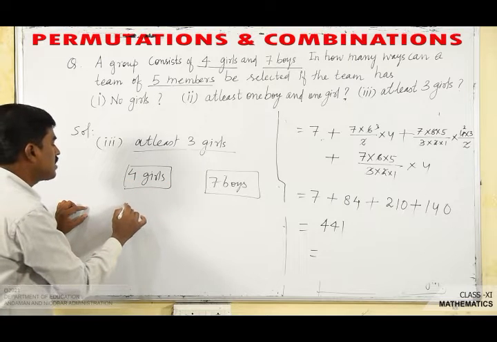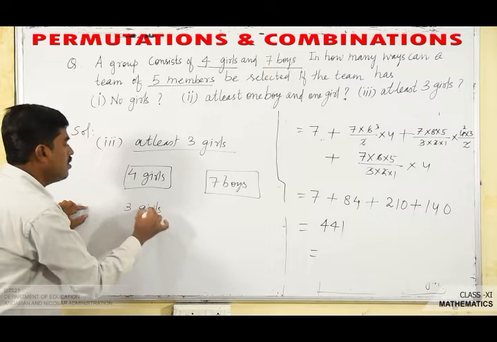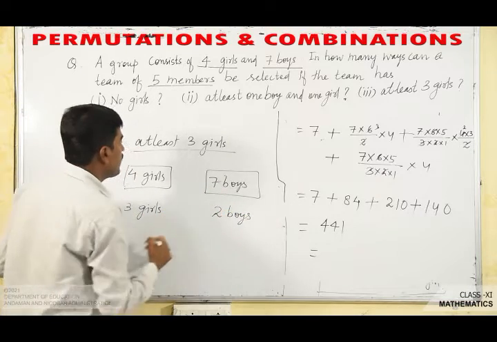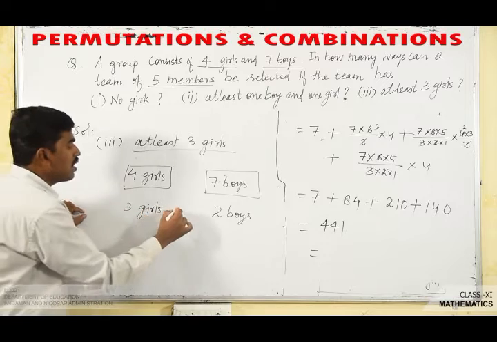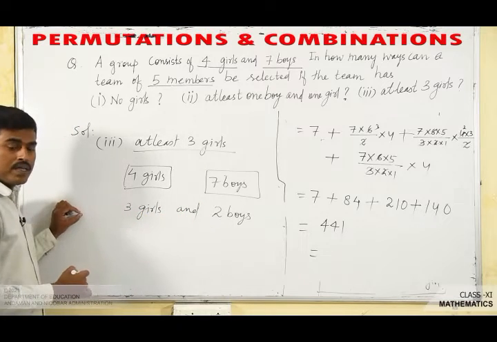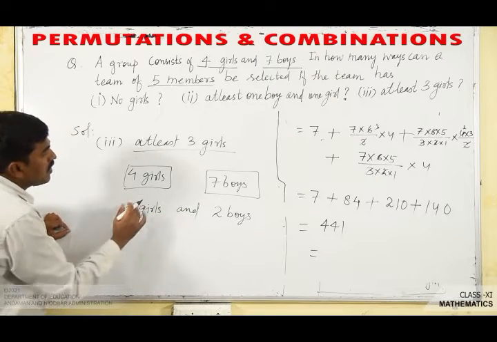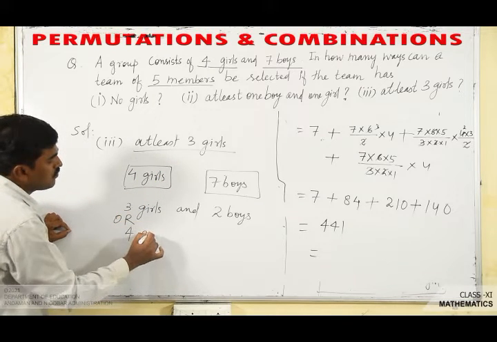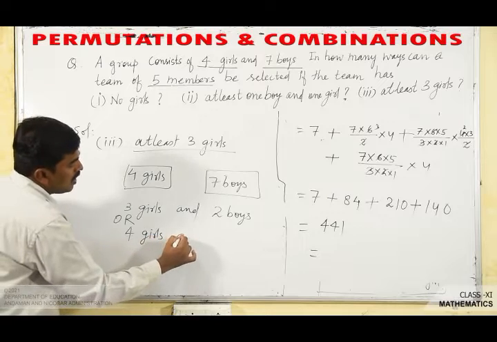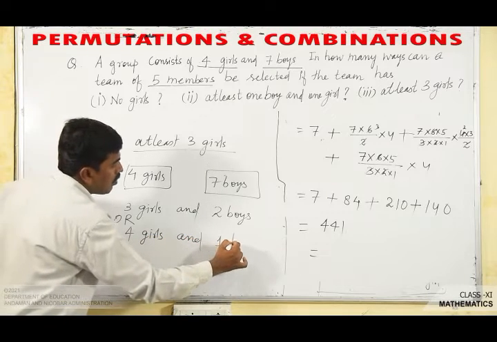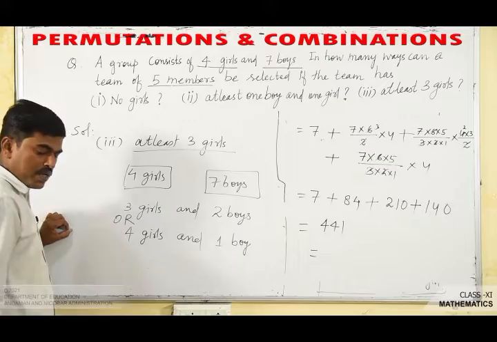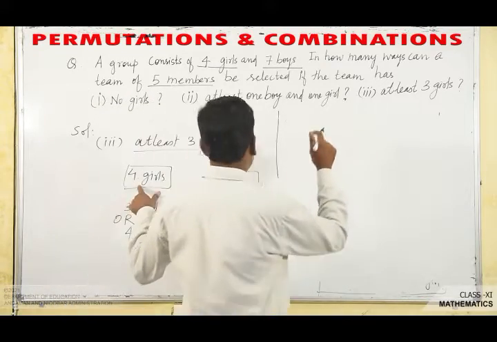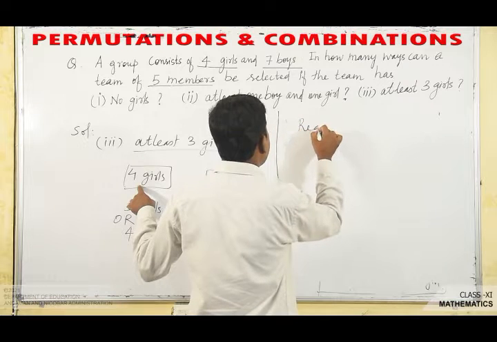So if I am selecting 3 girls, then how many boys do we have to select? 2 boys, as there are 5 members in the team. So 3 girls and 2 boys, okay. Next, if I am selecting 4 girls, all the girls, then we have to select only 1 boy, clear. Now in how many ways can this be done? Let us see, 3 girls out of these 4 girls. So the required number of ways